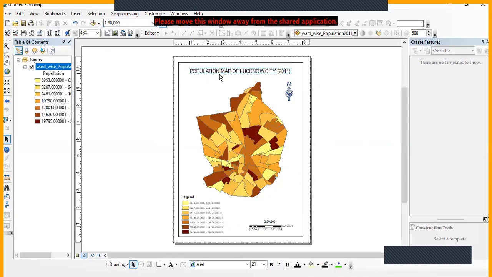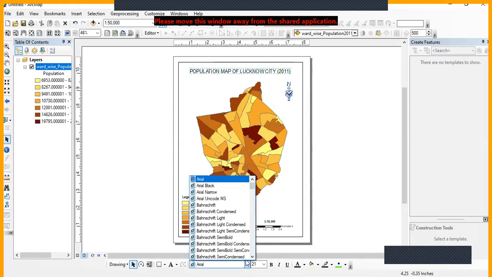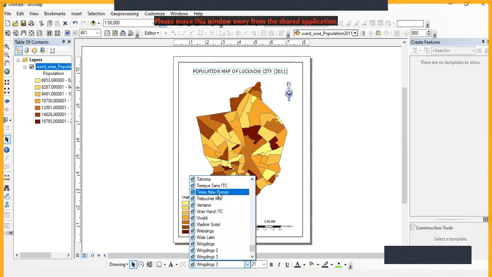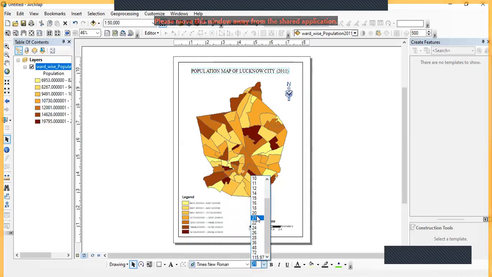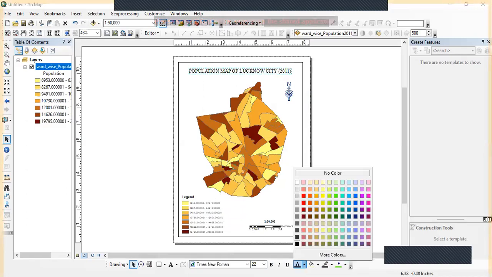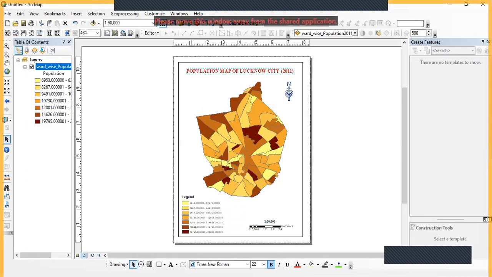For this also, I'm going to give Times Roman. Again, going to increase the size of it. Again, going to change the color, going to give it red, bold. So now our map is prepared.